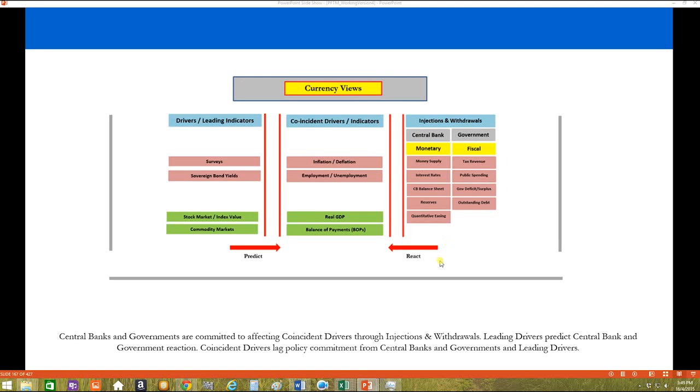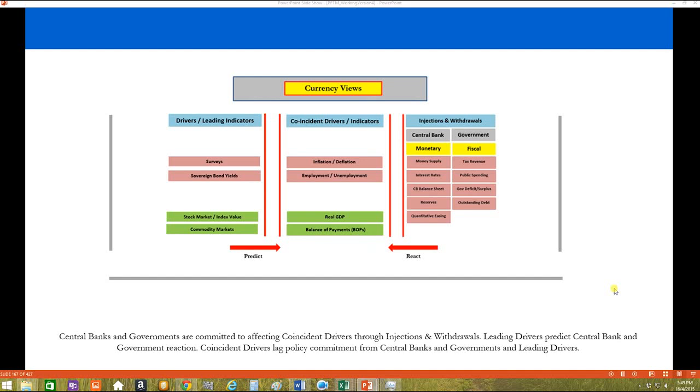What happens is that 12 months later, it's very likely that if there's a large correlation between our driver over here and what it actually predicts in the past, there's a very high probability that that's going to be the case, there or thereabouts. And central banks and governments react essentially to what is over here on the left-hand side because they are concerned about what's in the middle here. So if we just read through what's on the bottom of the screen here to understand this, central banks